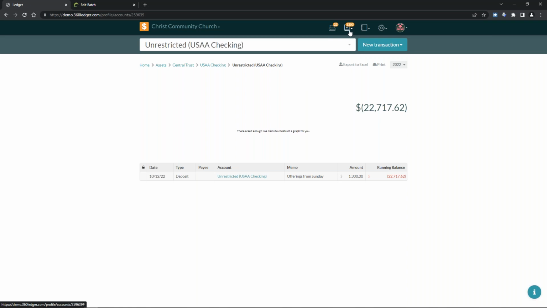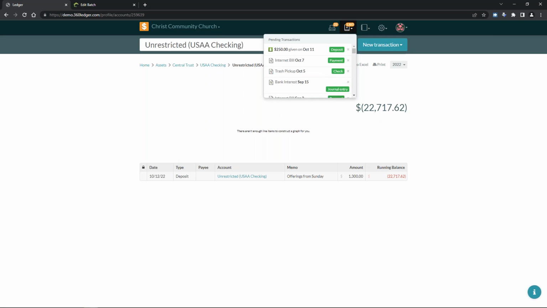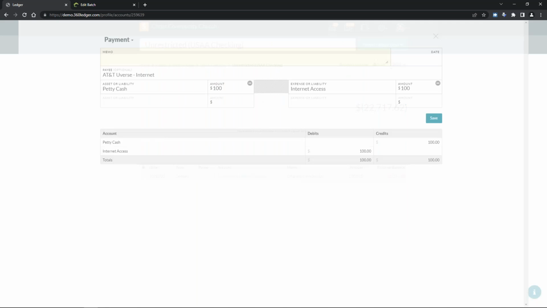So anytime you go up here and look at your pending transactions, you can see that there are plenty of recurring transactions set up, including things like the internet bill, trash pickup, bank interest, all sorts of different transactions as well. And sometimes even though it is on a monthly or semi-periodic basis, it might not be the same amount. So you're like, why would we make a recurring transaction for an internet bill if the amount is always going to change? Well, the other perk for having a pending transaction is if you select it, you can